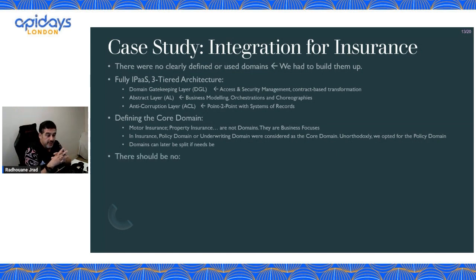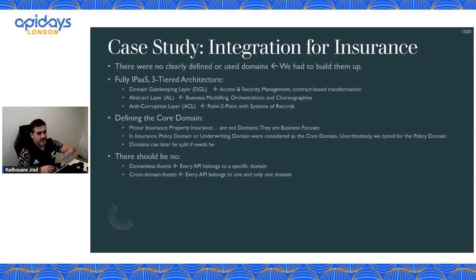As I said, domains can be split if they become too big, and you need to split a couple of them. What you need to know is effectively no API should belong to no asset. Every API belongs to a domain. Every API and every asset, every application belongs to a domain, and only one domain. If one API belongs to 2 domains, you are cross-contaminated, and we're going to show you the example. It's quite interesting. So this is very important.